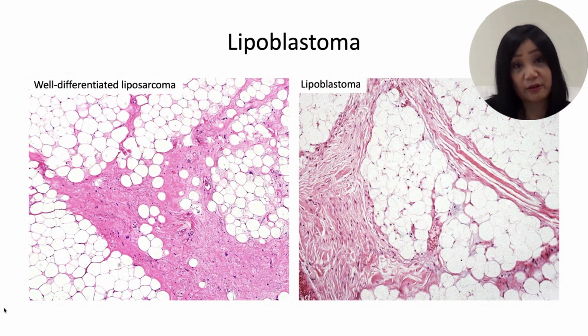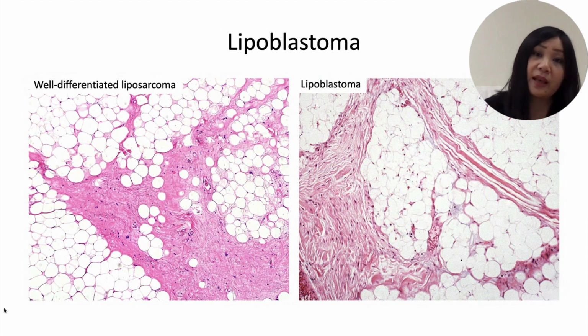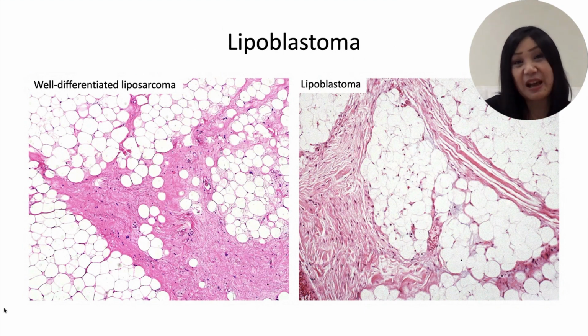Well-differentiated liposarcoma, of course, if we remember the classical features on the left of adipocytes of mature type with variable intersection by fibrous septa, containing scattered cells with atypia discernible at low power. And let's contrast that with lipoblastoma, the adipocytic component of lipoblastoma on the right. We can see that the septa of lipoblastoma contain only bland, very delicate looking cells, and there is no discernible